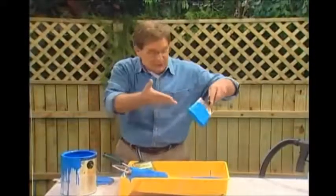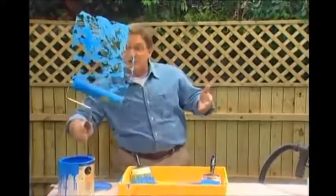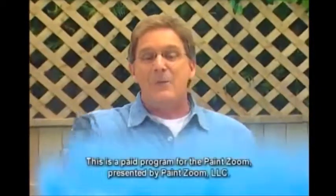So you've got a choice. You can battle the spills and the splatter of a paint tray. You can guess at how much paint you put on the roller and hope that it comes out evenly. You can fight the smears and the smudges and the slow motion painting of a brush, or you can pull the trigger on the fastest, easiest way to paint, the Paint Zoom. One coat, perfect coverage every single